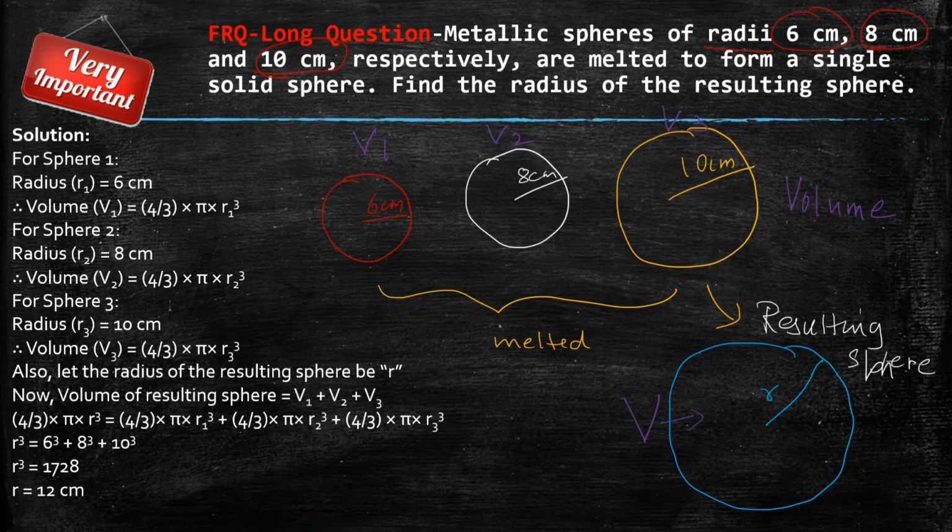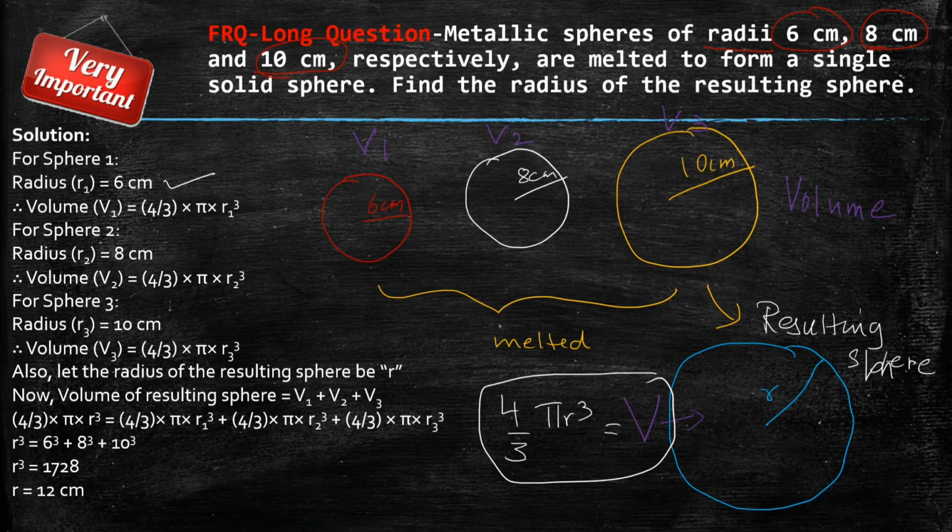So let's use that concept. Here for the first sphere I know the radius. So using the formula that you have for volume, that is 4 by 3 pi r cube, you should be able to get the volume of these 3 spheres. When you simplify, the first sphere will give you the volume as 4 by 3 pi r1 cube. We are just keeping it r1, r2, r3 for the time being so that you get your v1, v2 and v3.